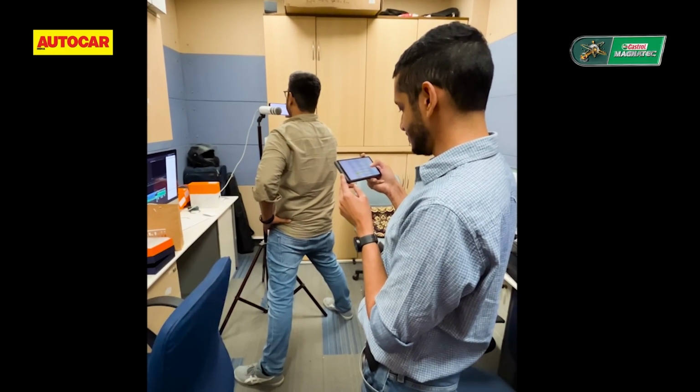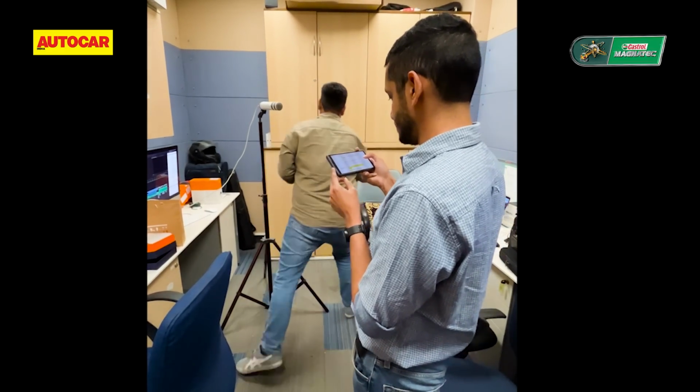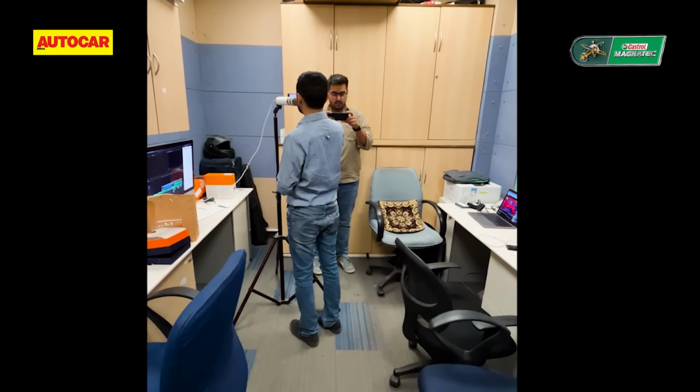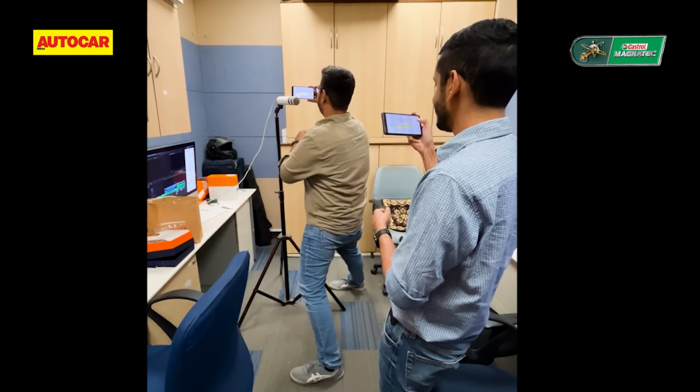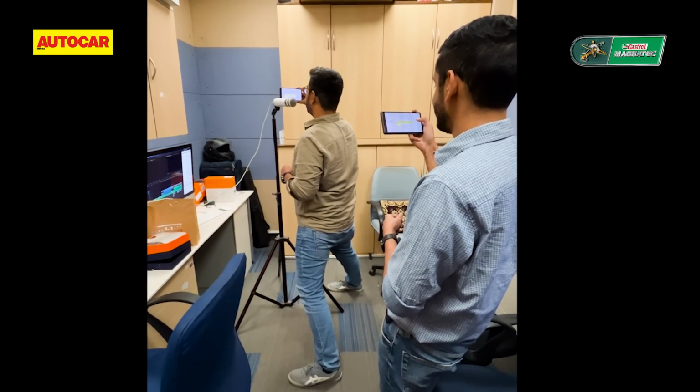But that softness comes at the cost of high-speed manners. But it does have something that the others don't. If the Astor is all about taking it easy, the Taigun is...